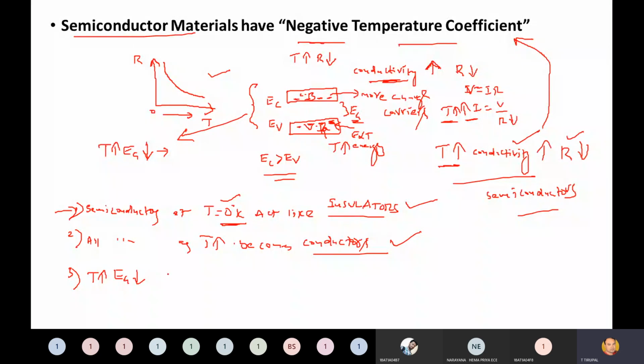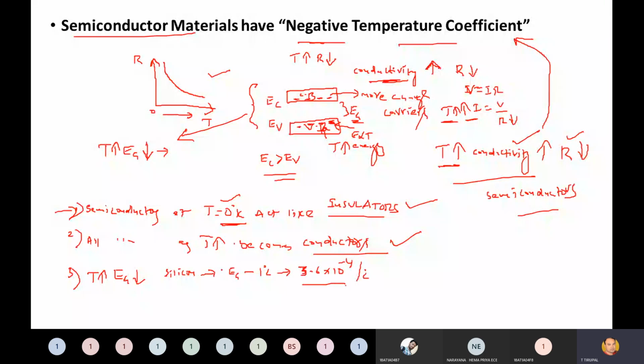For example, if the material is made of silicon, then the energy gap, for every 1 degree C rise in temperature, decreases by 3.6 into 10 power minus 4. 3.6 into 10 power minus 4 for every degree C rise in temperature. Very important point, please note it. For silicon,